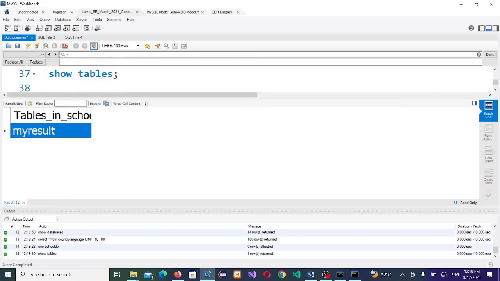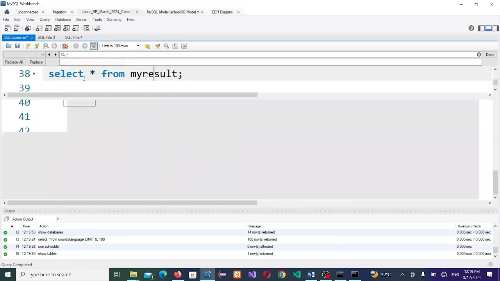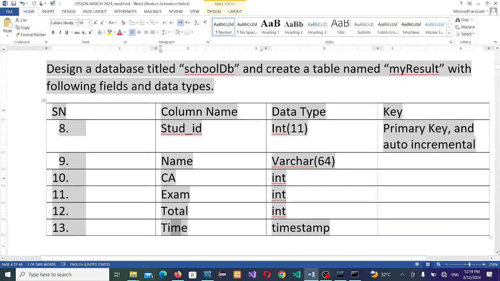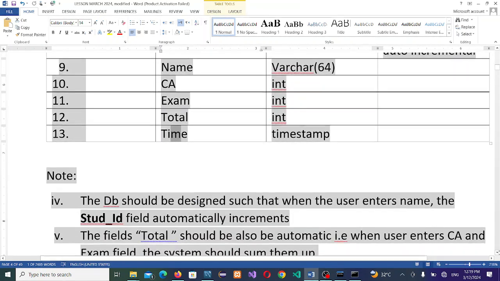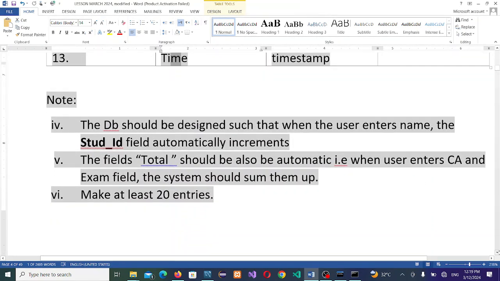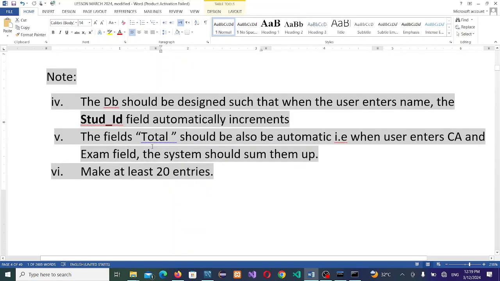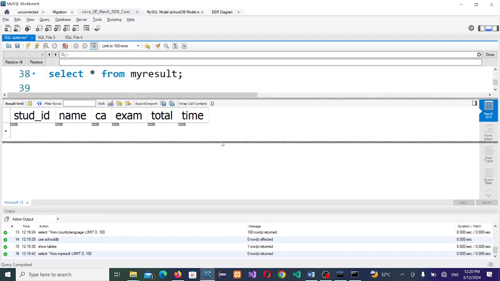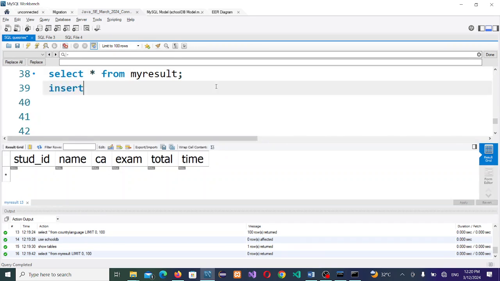Okay, check the content. You select the table, you see what? You see nothing, right? So here what it says, the question says that, so you've seen how you can create a database, right? Using model. So it says that whenever you put in anything, the total should be automatic, which is very simple. You can now say insert into what? My result is the table name, sorry, values,